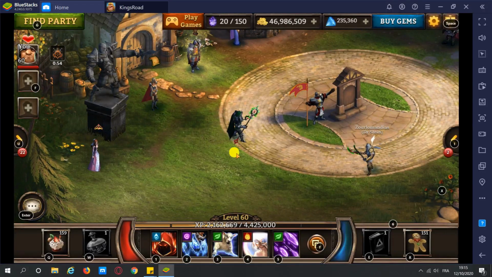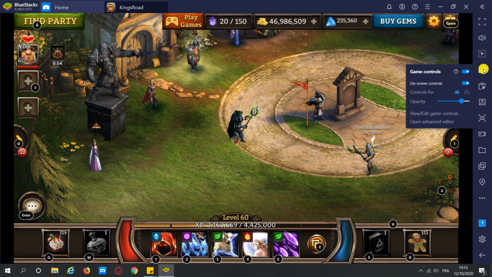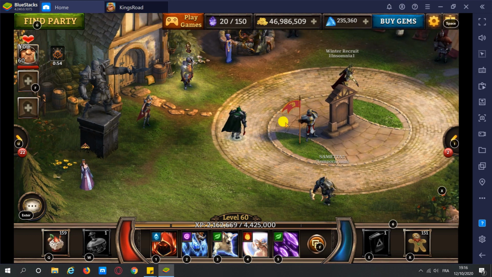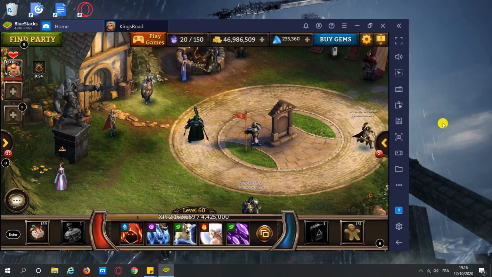So here's where it gets a little bit more complicated. So setting up the hotkeys. Now, initially, you can just click on the various buttons and use them that way, but realistically, it's so awkward to do that. You want hotkeys like you're using on PC. So there's a hotkeys option for that. It's over on the right. If you go to the game controls and then you open Advanced Editor,